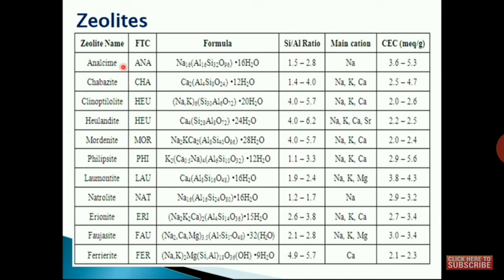Okay. So similarly, you can see the different names. Natrolite is also there. It is not necessary for you to remember all the things. You can learn 2 or 3 formulas from there for your examination point of view. And in all the cases, what you are noticing: sodium, sodium, potassium, sodium, potassium. So only those zeolites will be used in which calcium ion is not there. So this natrolite, if it has gel-like properties and a porous structure, right, you can use this particular one. Or you can use this analcime, because it has only sodium, not any other ion.